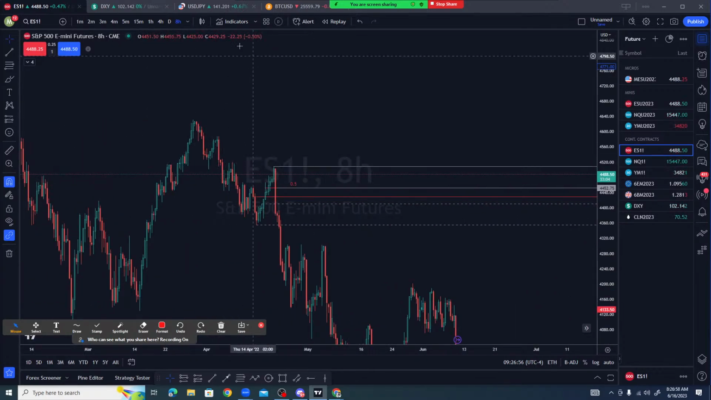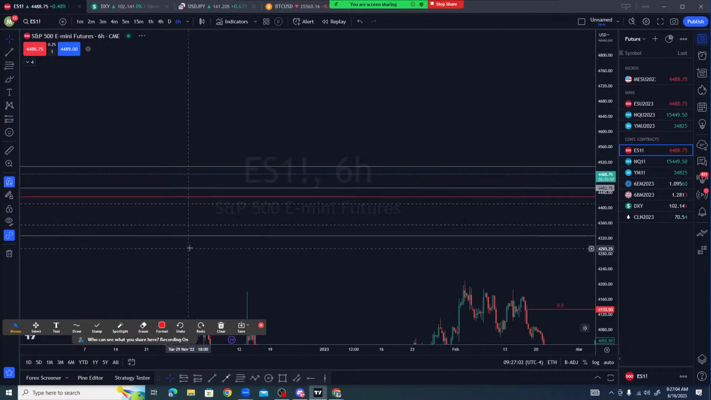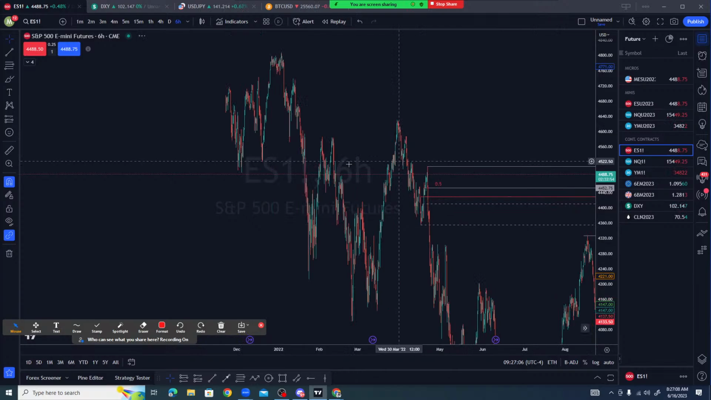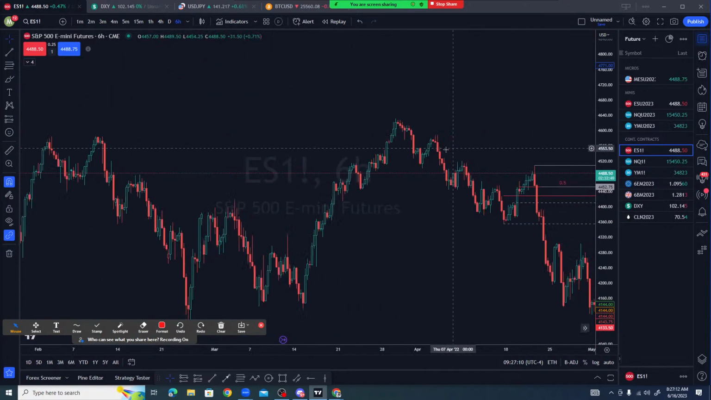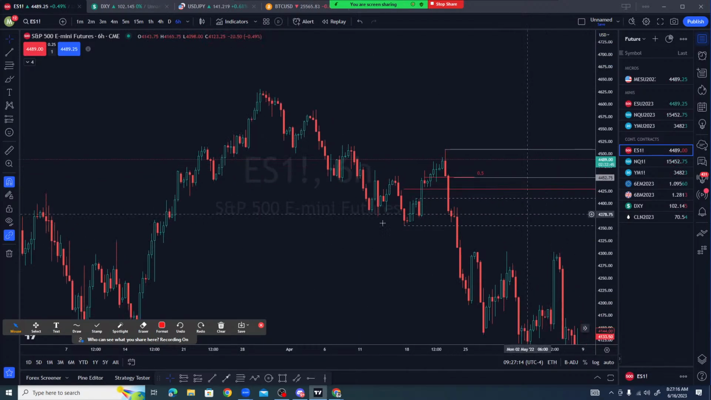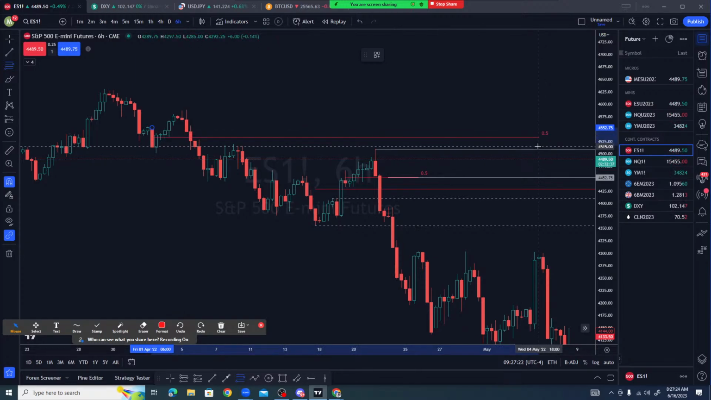Looks like it's, let's go to a 6. That's a lot better. One candle there. This is what I was looking for. Just gives me just a better idea of this move right here. So let me draw this out,